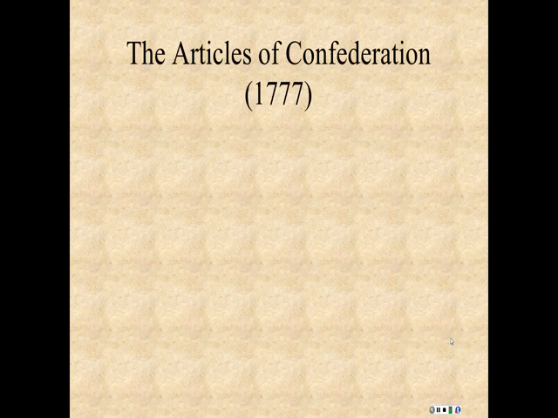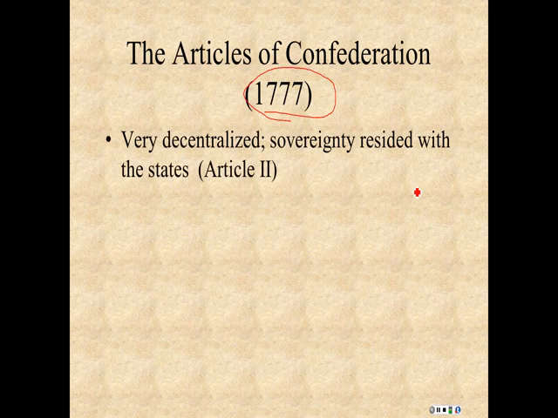Okay, in order to get context for the Constitution, you need to understand our first Constitution, the Articles of Confederation, which came before. The first 12 years of our nation operated under the Articles of Confederation. The first point about that is that it created a system with very decentralized federal power. And when I talk about federal power, I'm talking about the national government, the federal government versus state power, which is a really important component of the debate that existed then over the Constitution.